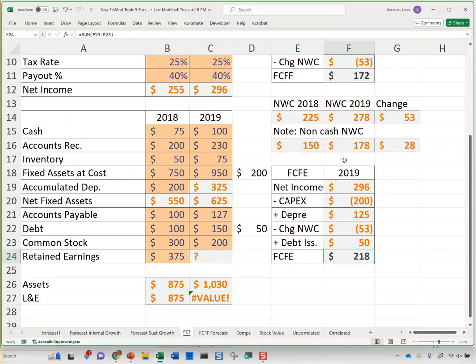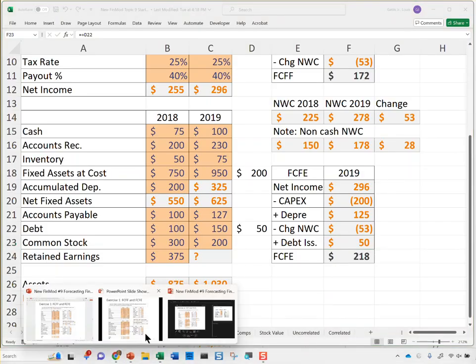Although I'd be nervous about thinking of this as a healthier business because I'm looking at FCFE, because part of that cash is just issuing more debt, right? If I take that debt out, it's not doing as well as you thought. Okay, so that is